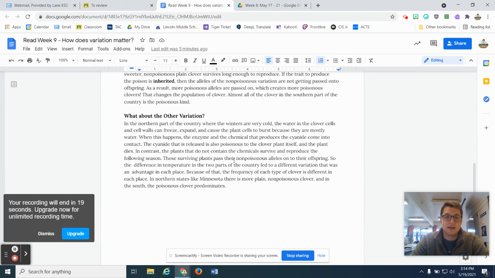Those surviving plants pass their non-poisonous alleles onto their offspring, so the difference in temperature in these two parts of the country leads to a different variation. That was an advantage in each place. Because of that, frequently each type of clover is different in each place. In northern states like Minnesota, there are more plants